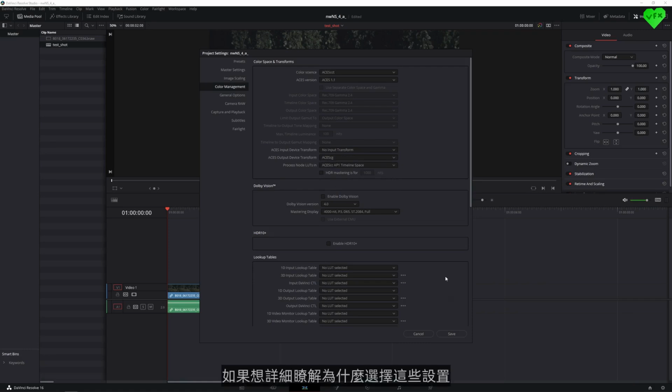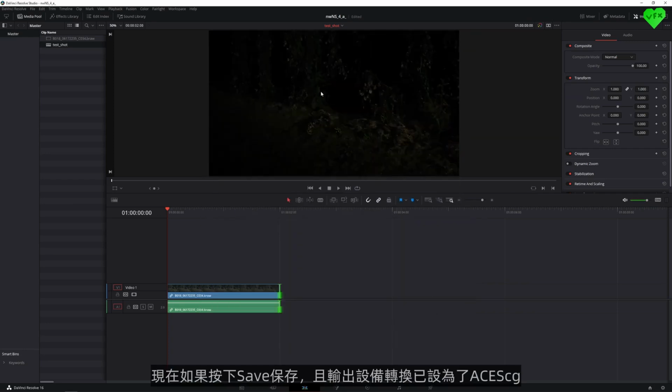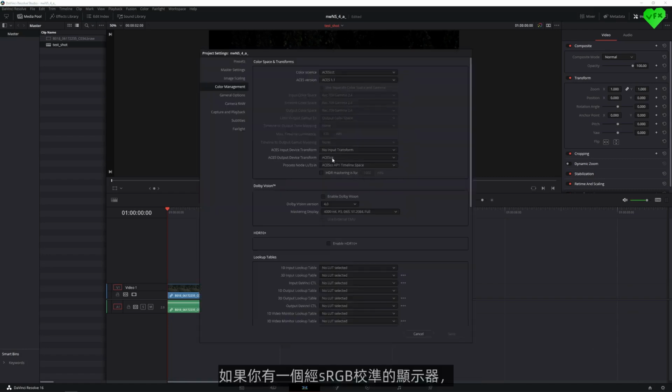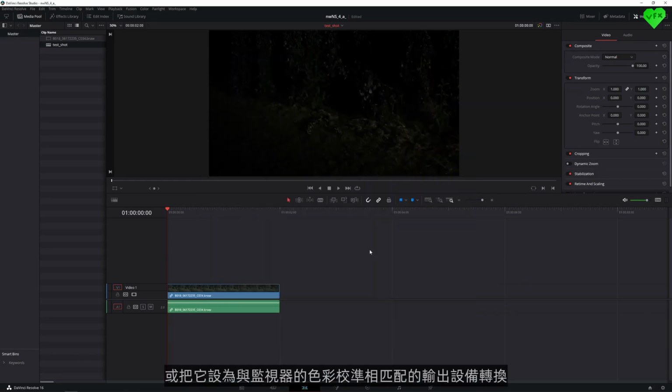If you want a detailed explanation about why I chose these settings, you should watch my other ACES tutorial. Now if you press save, and if your output device transform is set to ACES CG, it will make your footage look a bit weird. And again, it should only be set this way if you want to export your plates in ACES CG. To grade your footage in ACES and Resolve, you should set your output device transform to sRGB if you have an sRGB calibrated monitor, or set it to the output device transform that matches the color calibration of your monitor. Now, you just need to go to the Deliver tab,